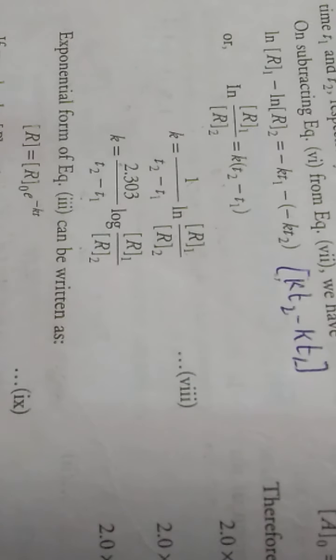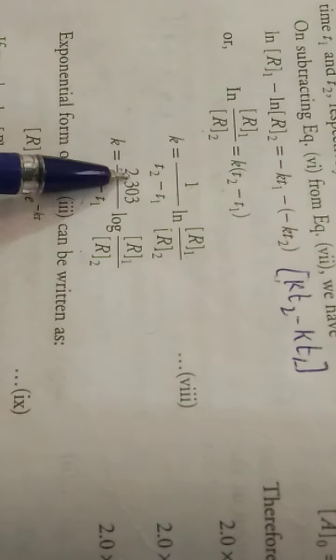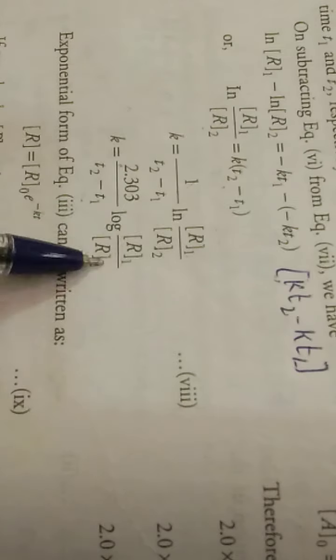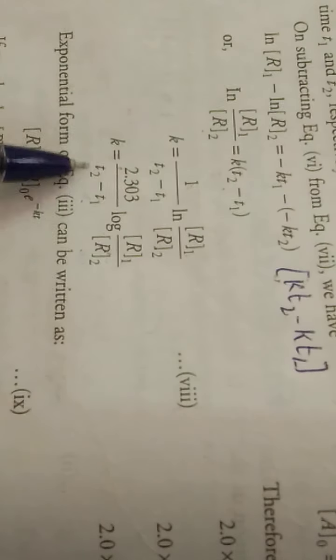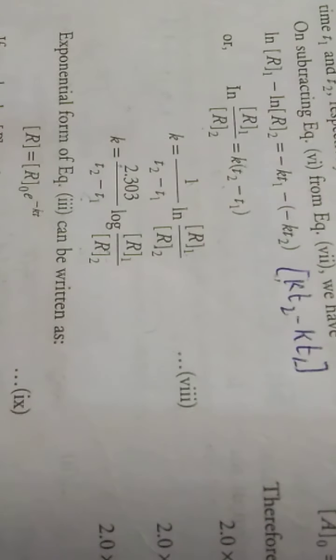Now children, what you might be thinking is, what is the use of having this equation? This equation is used to find out the value of rate constant when we have two concentrations of reactants at different time periods. Then this is how we find out the value of rate constant, that is K. Okay children, I just hope this one is clear.